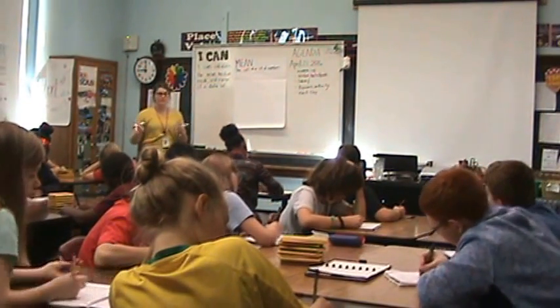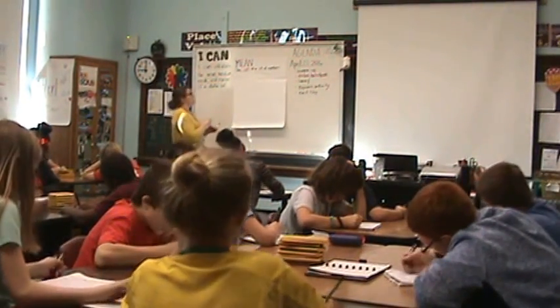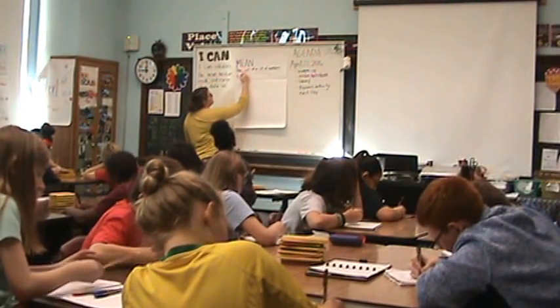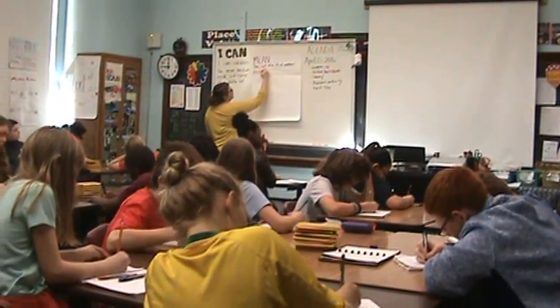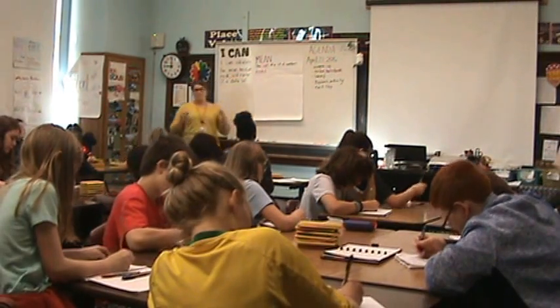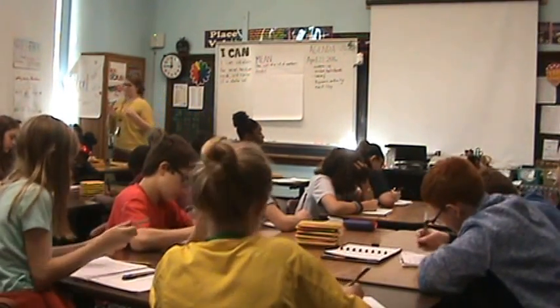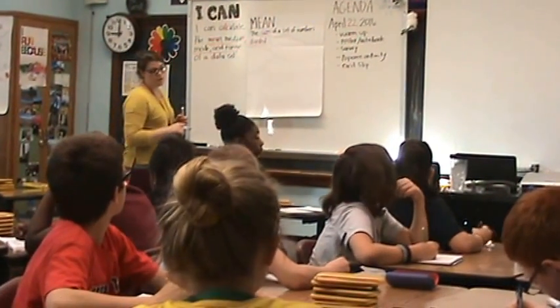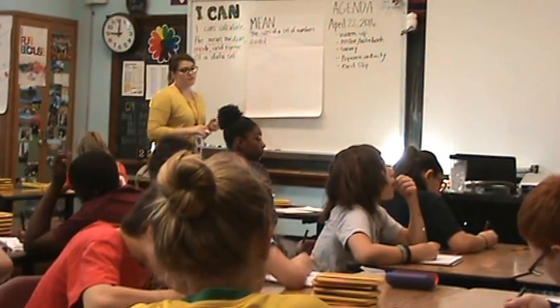Sum means the answer to an addition problem. Divided, and the words that I write in a different color are important because they're kind of like the main idea of what the mean is. So you might want to underline or circle those words. It's the sum of a set of numbers